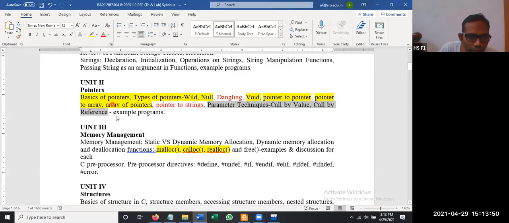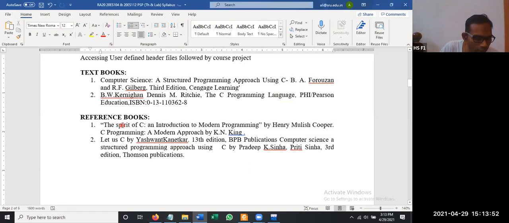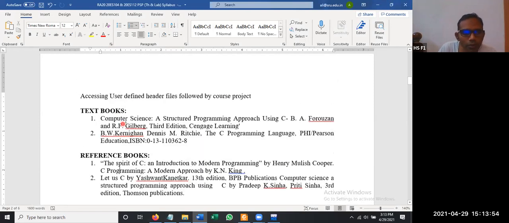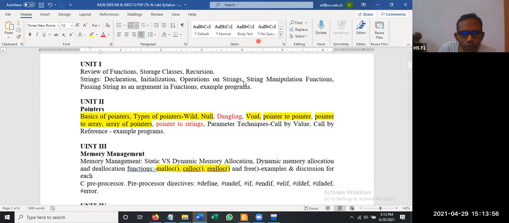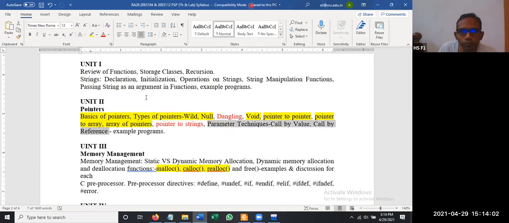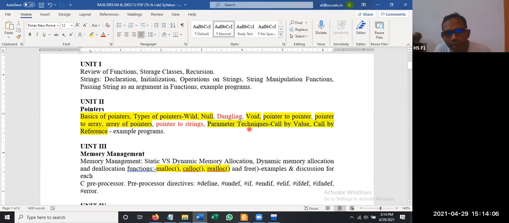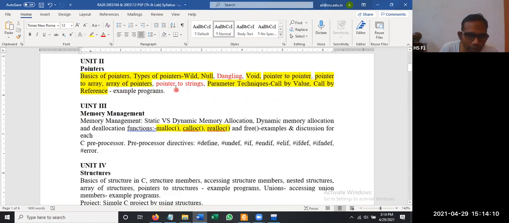let us check the syllabus. So we have finished this one also now. Parameter passing. Over. The leftover is dangling pointer and pointer to strings that we are going to see in our next lab.